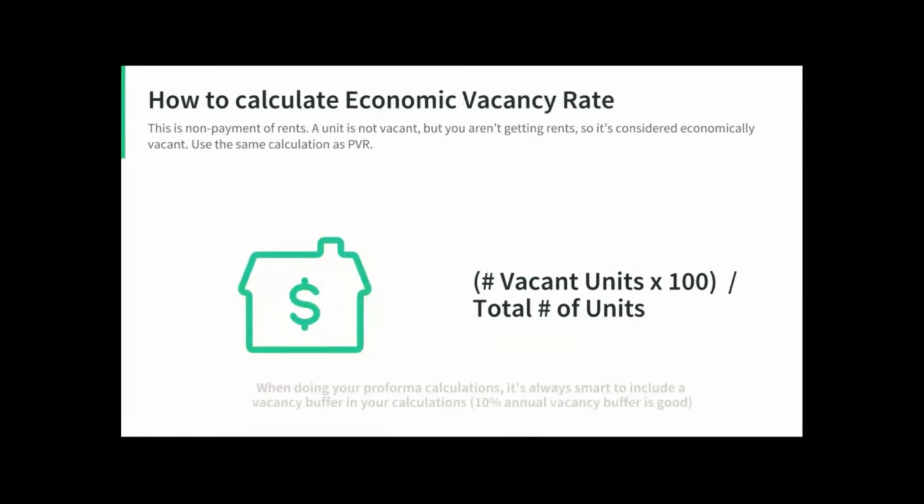The second type of vacancy is economic vacancy. This is more non-payment of rents. So in this scenario, a unit isn't vacant, but you aren't getting the rents. So it's considered economically vacant. It's the same idea as the calculation above. This is typical of most eviction scenarios, but can also include a free unit that you're giving to someone like